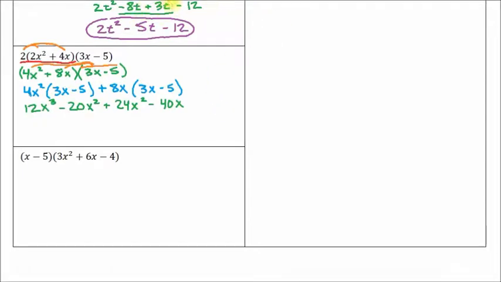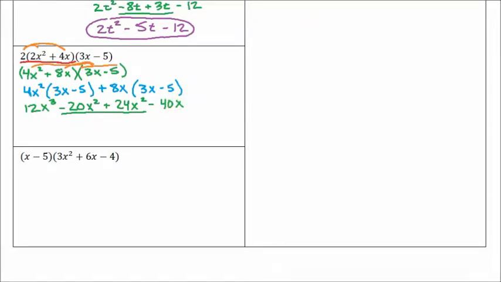If you look at this again, kind of like the last question, we're now adding and subtracting monomials. X cubed doesn't have a partner. There's no other x cubed term. We've got two terms that have x squared in them. And then the negative 40x, we only have one term with just an x to the first power, so we